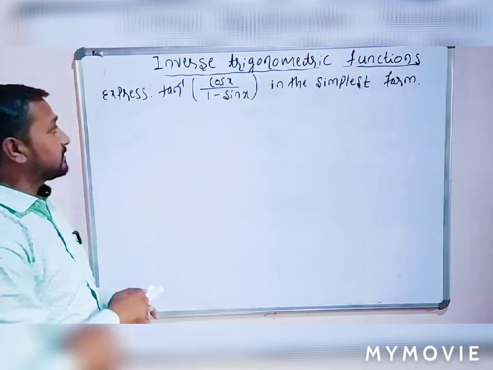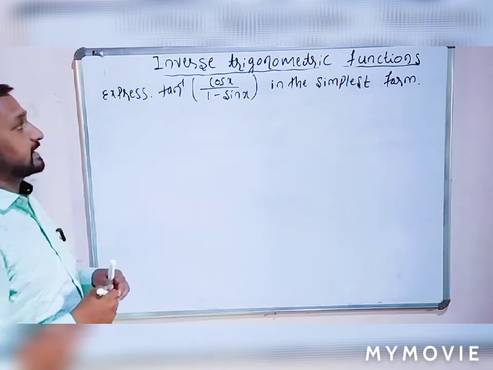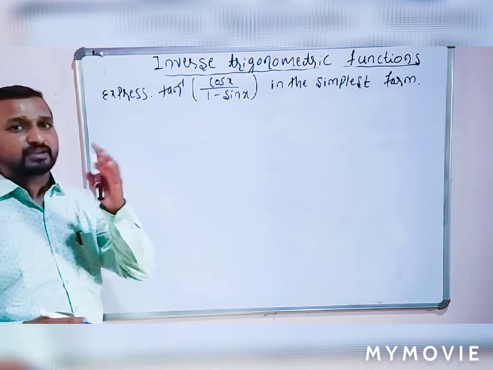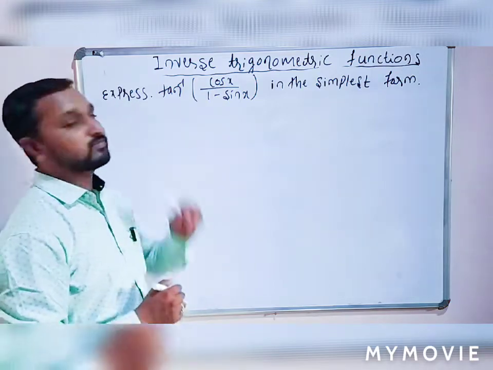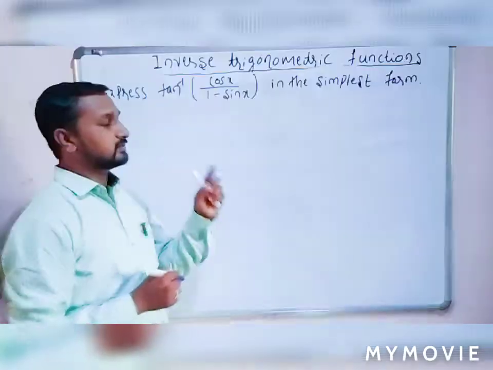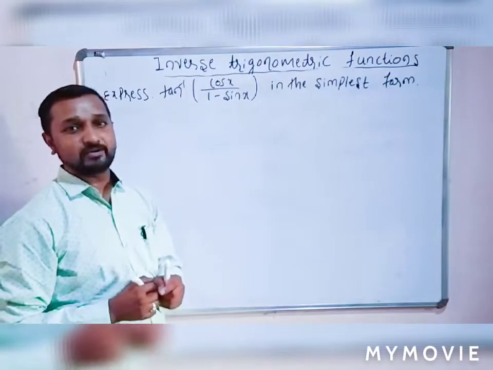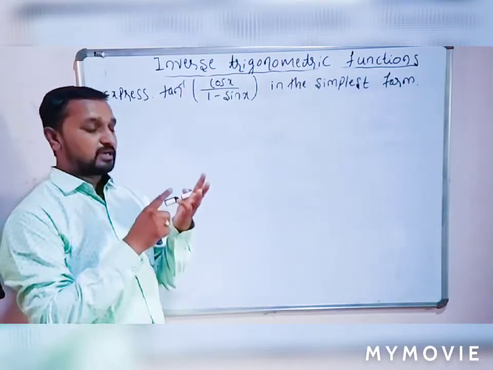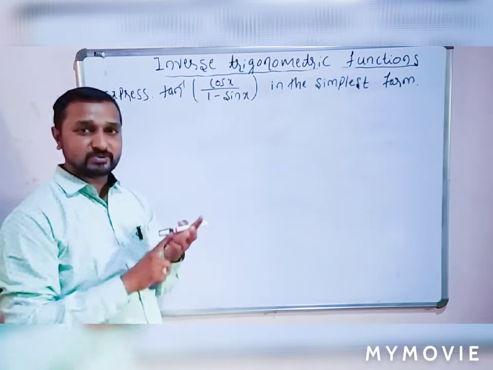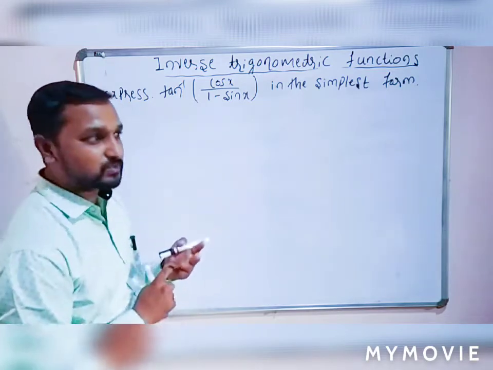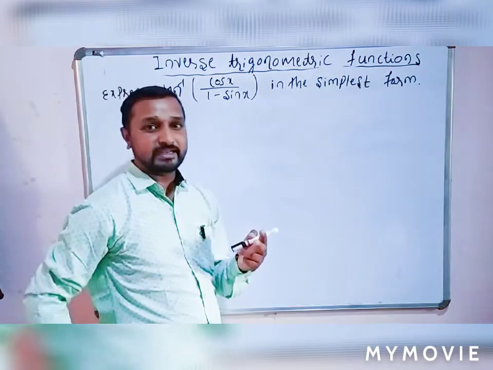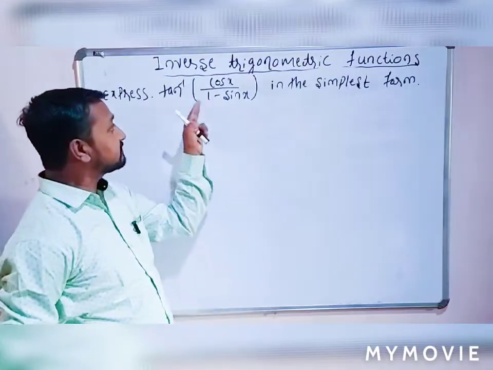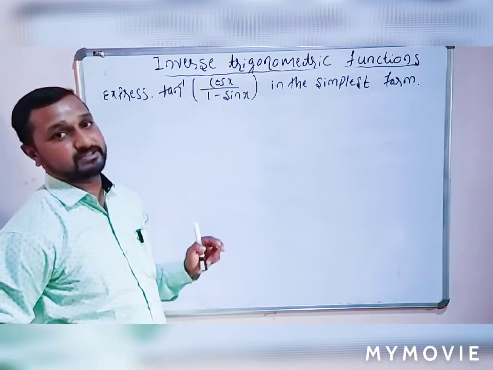Here, this is also one standard example. First, we know the basic concepts of first PUC trigonometry, the half angle formula. Already we know the formulas for cos 2 theta. There are four formulas: cos square theta minus sin square theta, 2 cos square theta minus 1, 1 minus 2 sin square theta, and 1 minus tan square theta divided by 1 plus tan square theta. In this example, which formula is met?